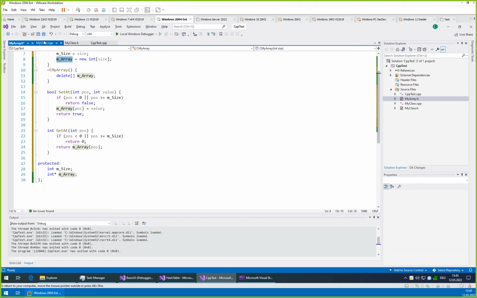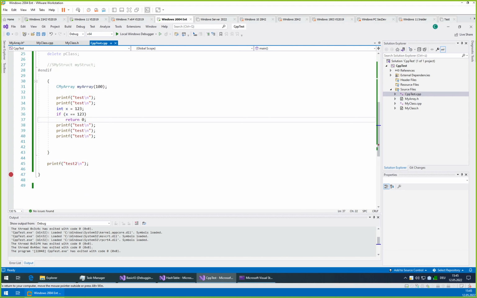So we can quickly, of course, demonstrate it. So here, set at 99 value 1, 2, 3 and value 100, and test1 and test2.